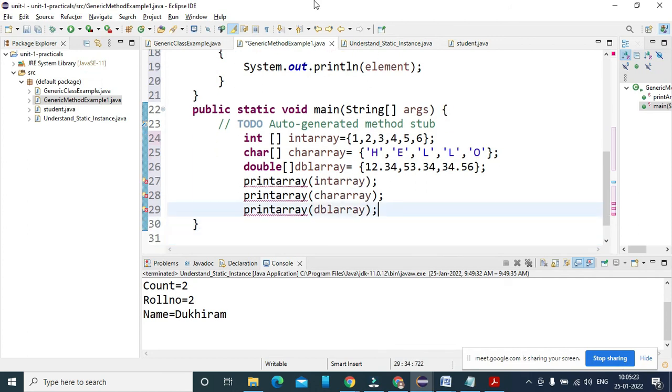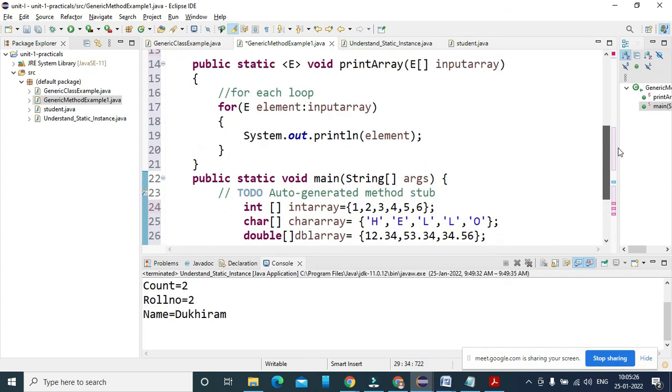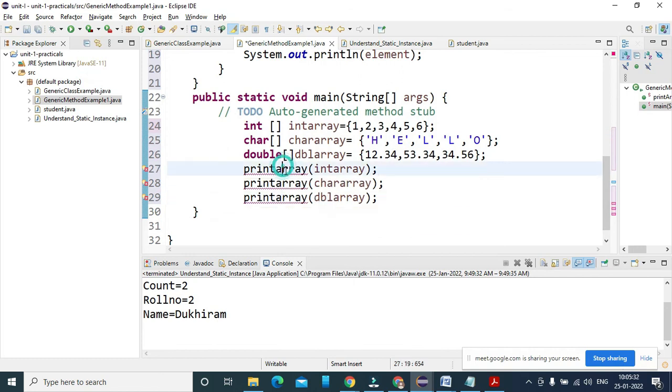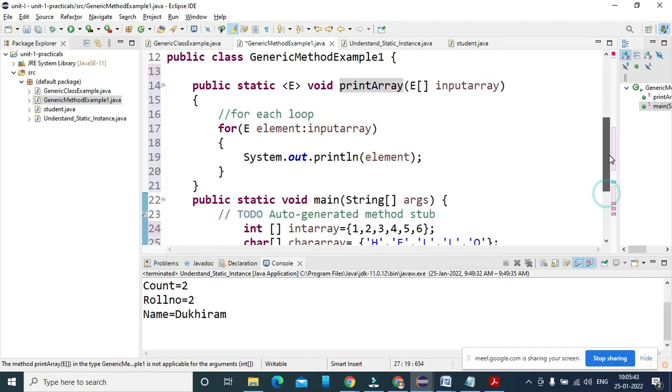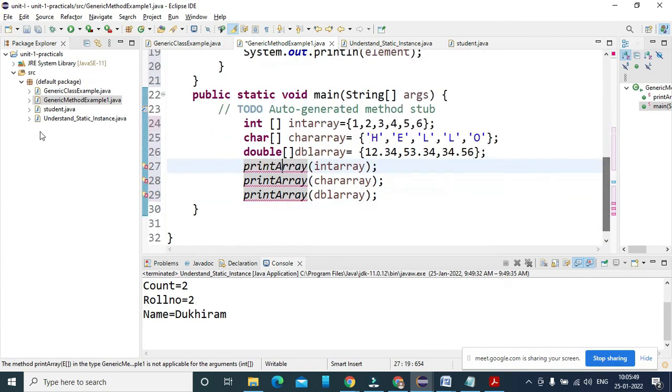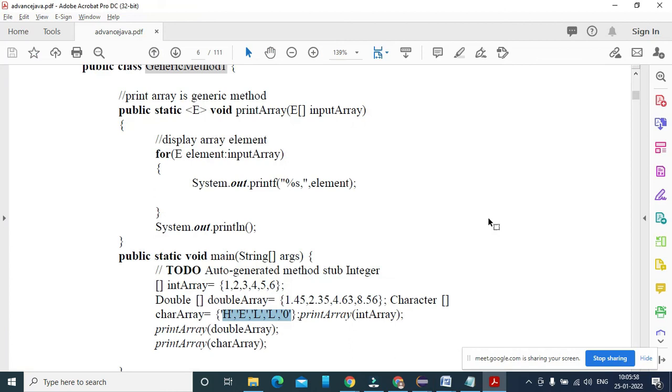They are saying it is static because we are going to use a static main method here. So let me check. The spelling is wrong here, so I'm correcting it. Why am I using this static method here? Because the print array element, I'm passing this as static here. So it's saying that you are using a generic method, print array.